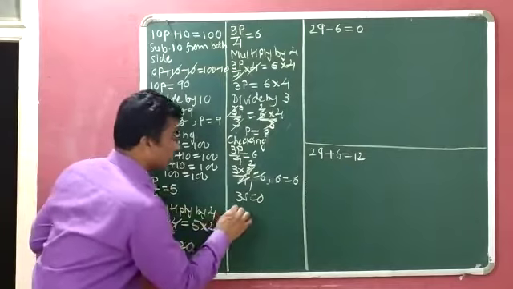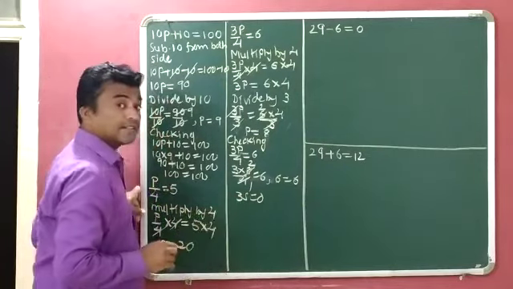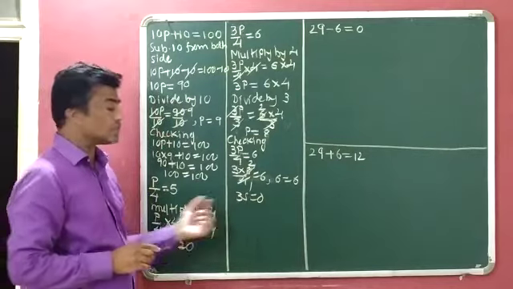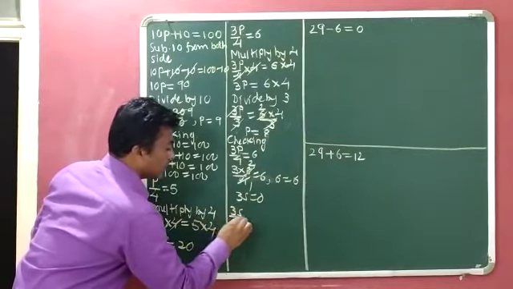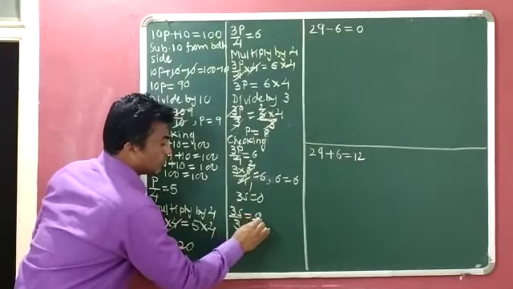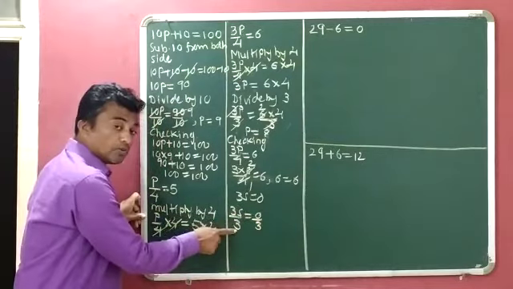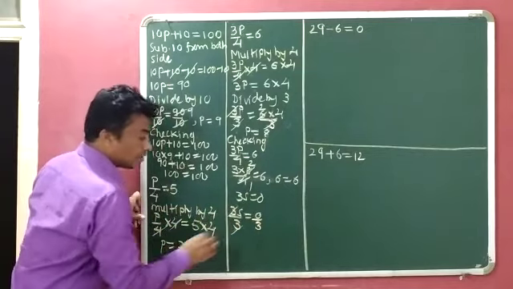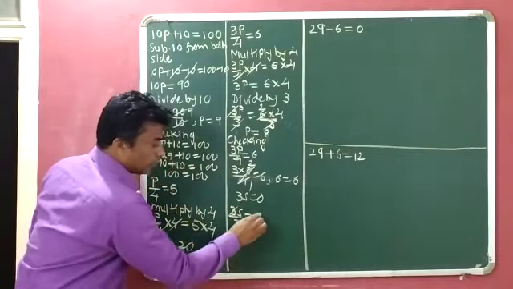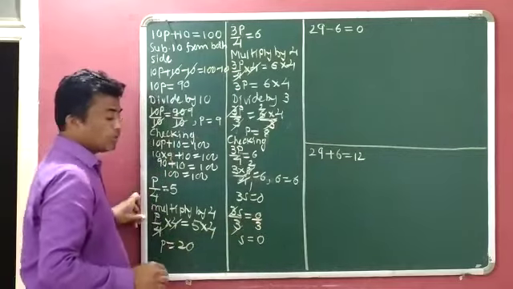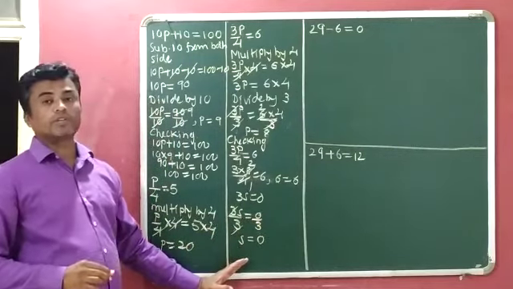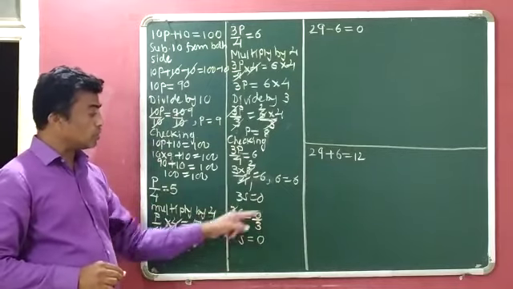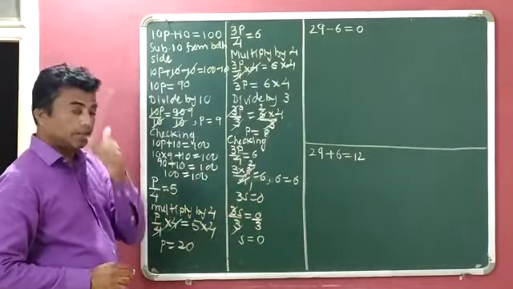Now 3s is equal to 0. 3 and s relation is multiplication. So we can divide by 3 on both sides. So see here, 3s divided by 3 is equal to 0 divided by 3. This side also divided by 3. 3 3 cancel. So s is equal to 0 by 3, then 0. Now checking of the equation you can do yourself. s is equal to 0 is the solution of the given equation.